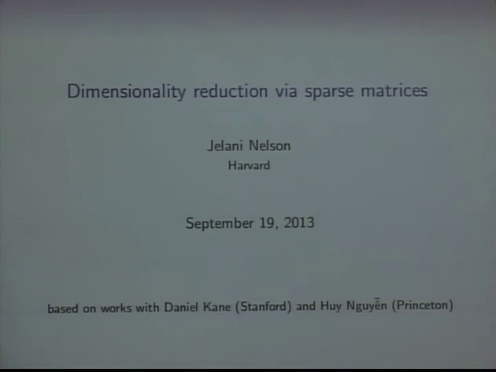from MIT, where he won the award for Best Doctoral Dissertation in Theoretical Computer Science. He then spent some time in Princeton, and he has recently joined Harvard. He's done some really lovely work on a variety of problems, kind of sparse Johnson-Lindenstrauss, kind of streaming algorithms, linear algebraic problems via sketches.